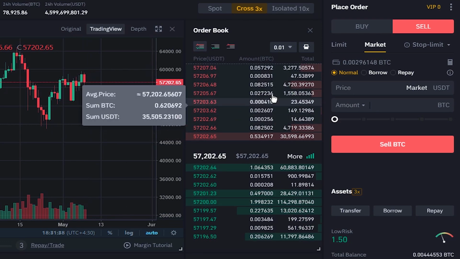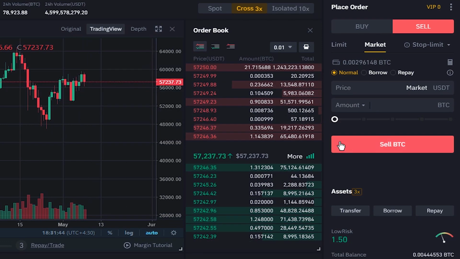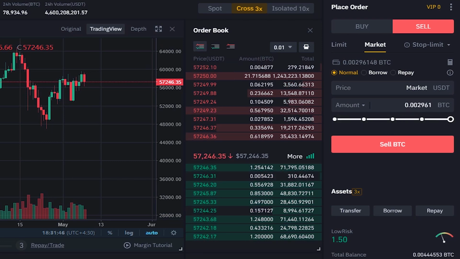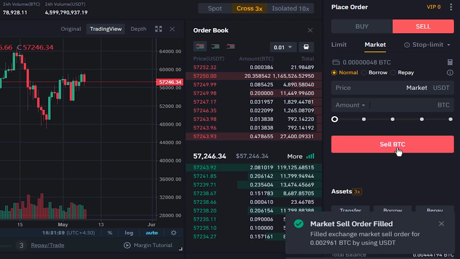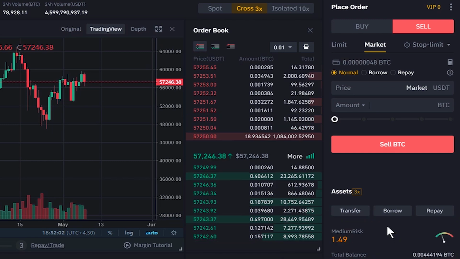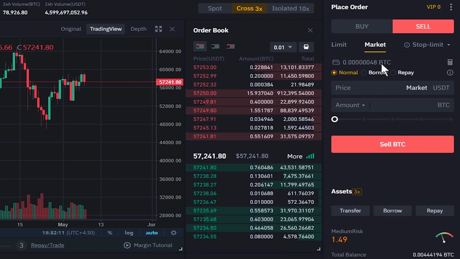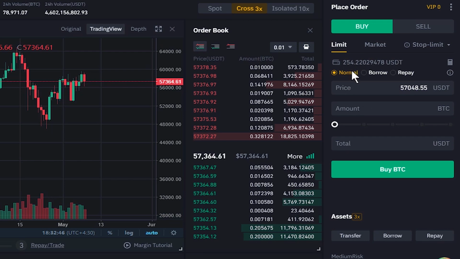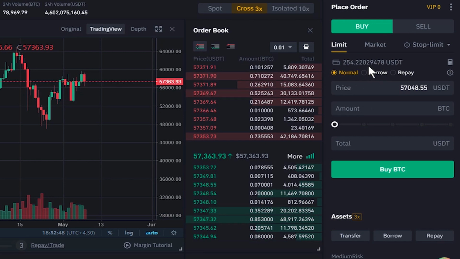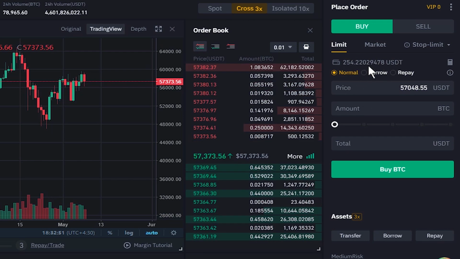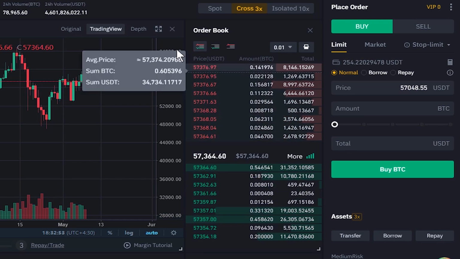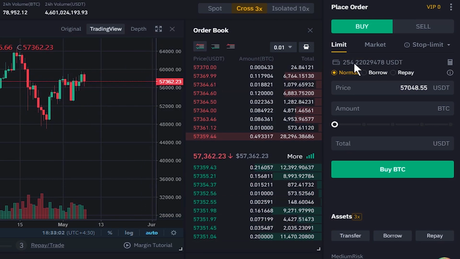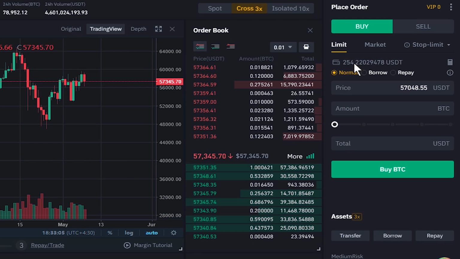We go to the market tab, which is already selected. We set the amount to 100% and we click on sell BTC, and the order is filled successfully. And as you see, we sold our Bitcoin. If we go to the buy tab, we see that we have our collateral tripled because we borrowed BTC and we sold it. And later when the price falls, with 2/3 of this available amount, we're gonna buy BTC to repay